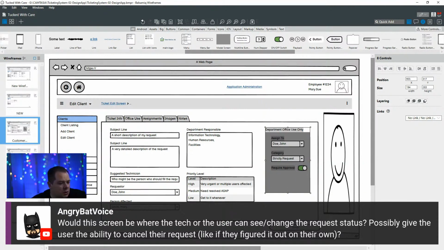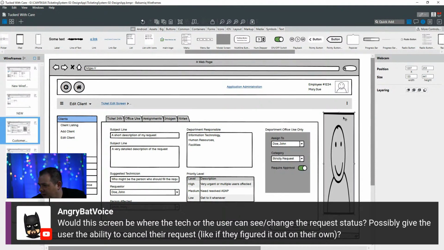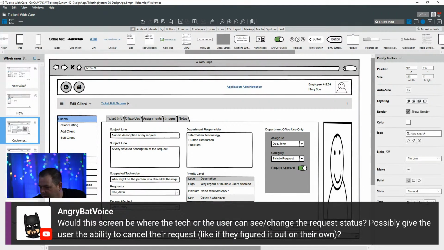Okay, so I'm keeping this Angry Bat Voice comment on the screen because I tend to get sidetracked and everything. Also, I have attention disorder, ADD. So, all right. So got a little graphic there. All right. So